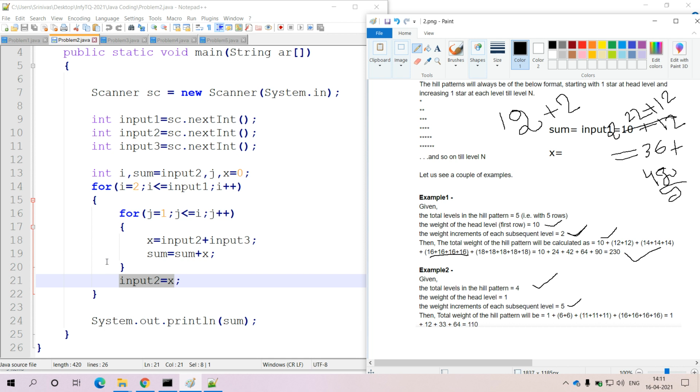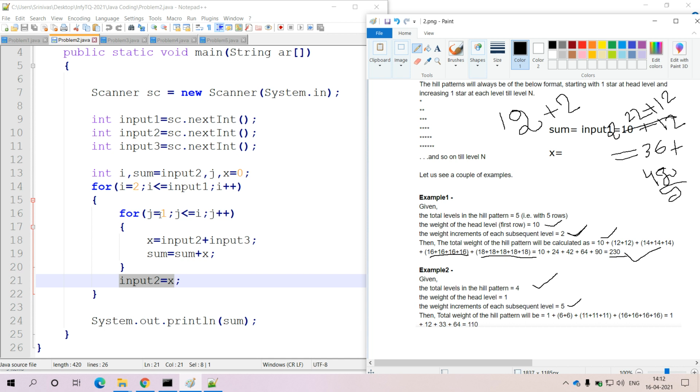As well as if you iterate this outer for loop one more time, now it will become 5. With respect to the 5, the inner for loop will be repeating 5 times. For that 5 times, the updated value available in x will be 18. 18 plus 18 plus 18, the final value that we are going to get here is 90. So if you calculate the sum of all the elements, the updated value that is available is 230. That will be the output that we are going to get from this entire question. Finally we are printing the sum variable here.